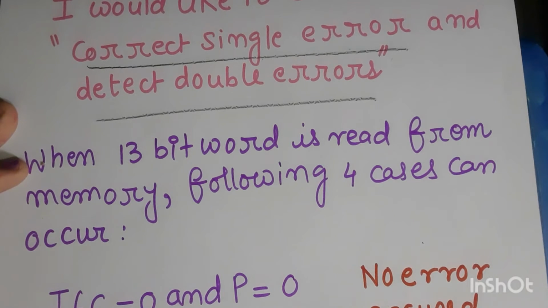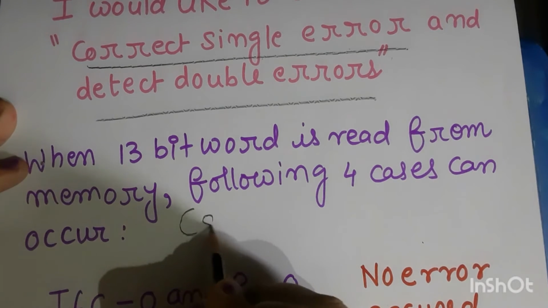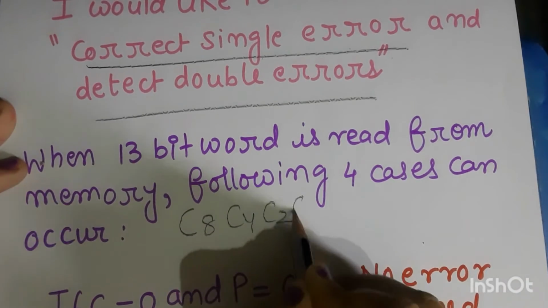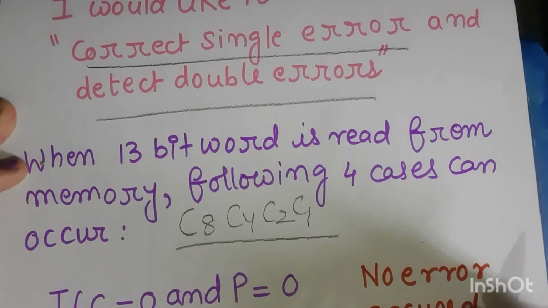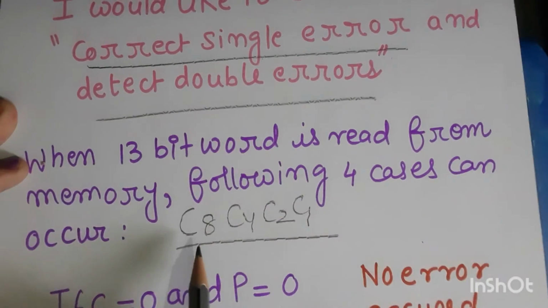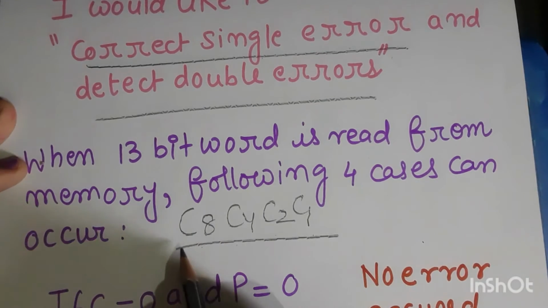Now, when we read the data, what do we have? We have the check bits. Check bits are what? They are the XOR of the same P1, P2, P4, P8. Apart from that, the check bits are the XOR of the parity bits also. We include the parity bit. You will remember how we did C8, C4, C2, C1 when they are the 4 parity bits while writing data into the memory, and when reading them back we have C8, C4, C2, C1. They are the syndrome C.